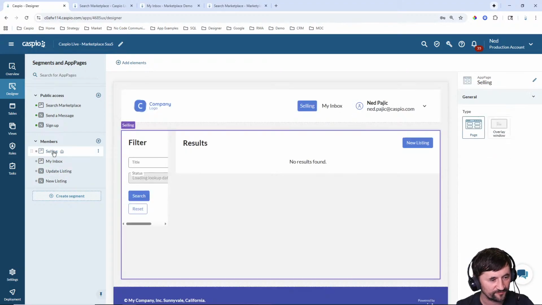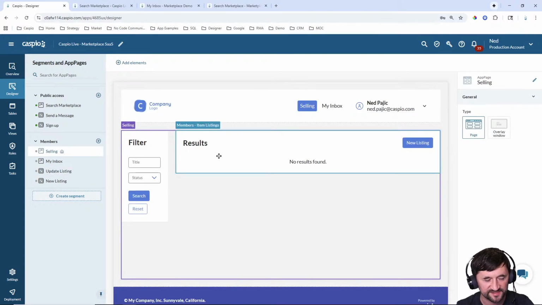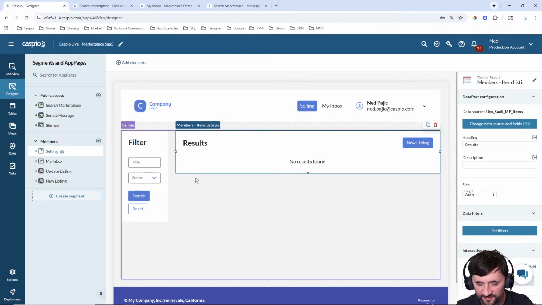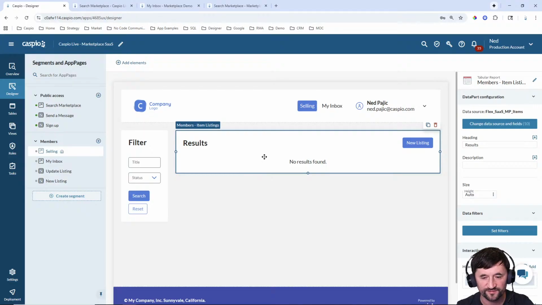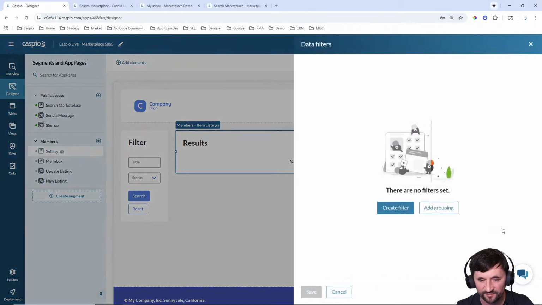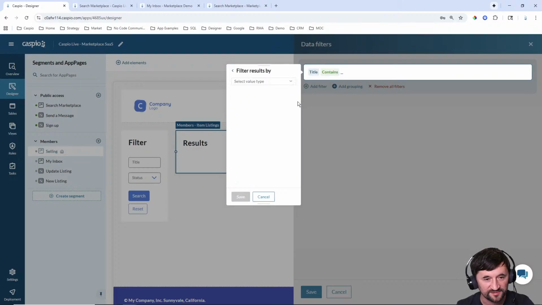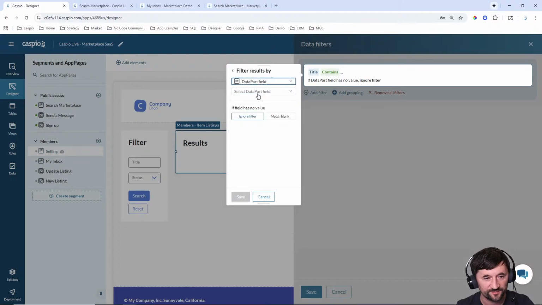Oh, before I do anything else here, let's make sure we set our filters, right? If I have the ability to search based on title and status, currently it won't work until I set my filters here. So we need to set the filter on the results page. So we're searching based on title, contains, data part field, selling,